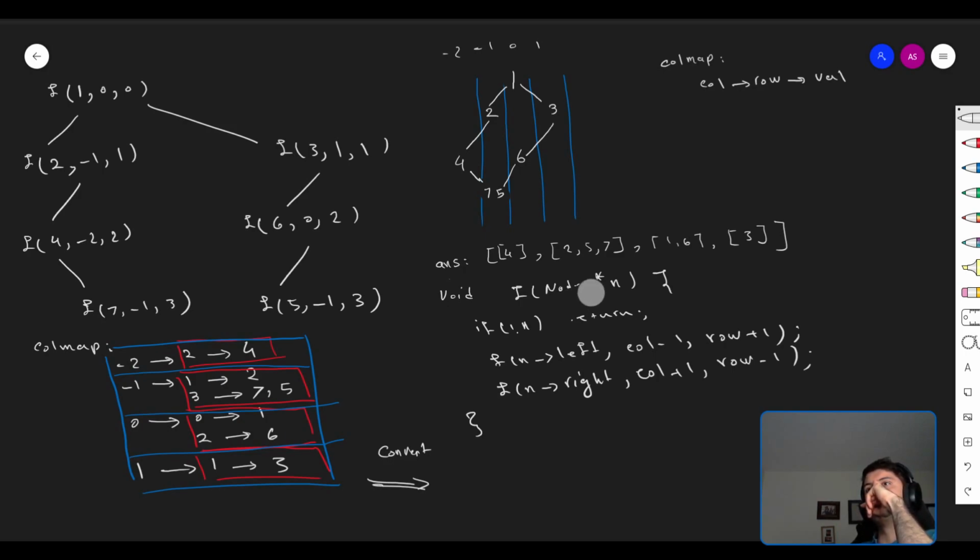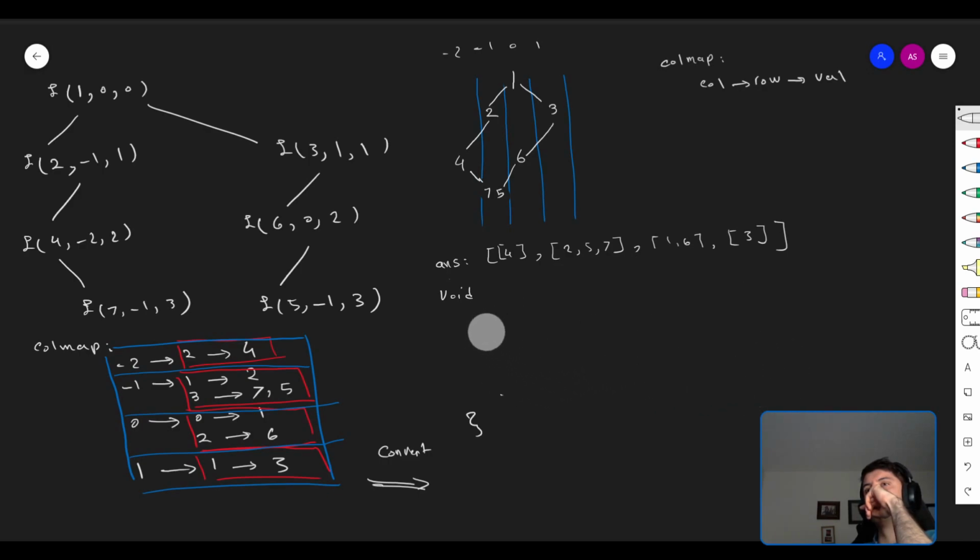I guess I'm going to write some code for it here to convert and sort as required. So yeah, let's go with void, call it convert. Or actually, never mind. I'm just gonna write the pseudocode. So for each pair of this column map,